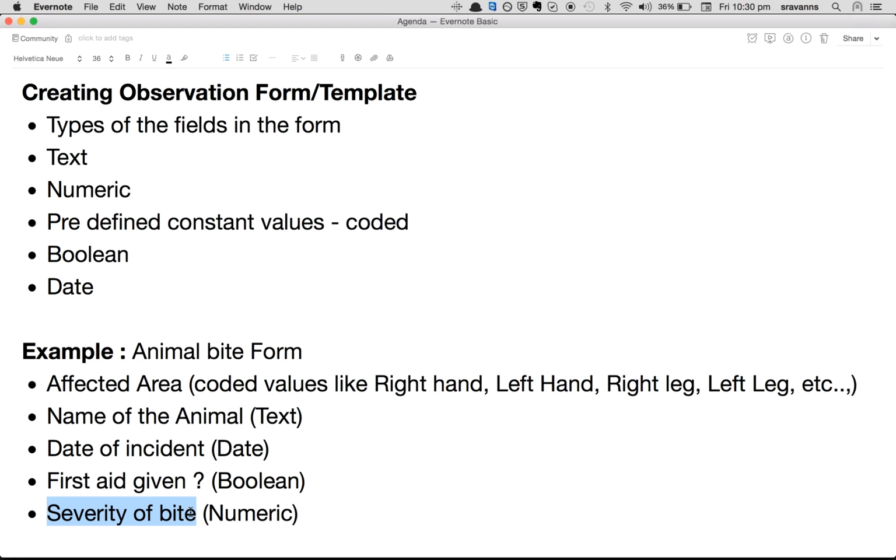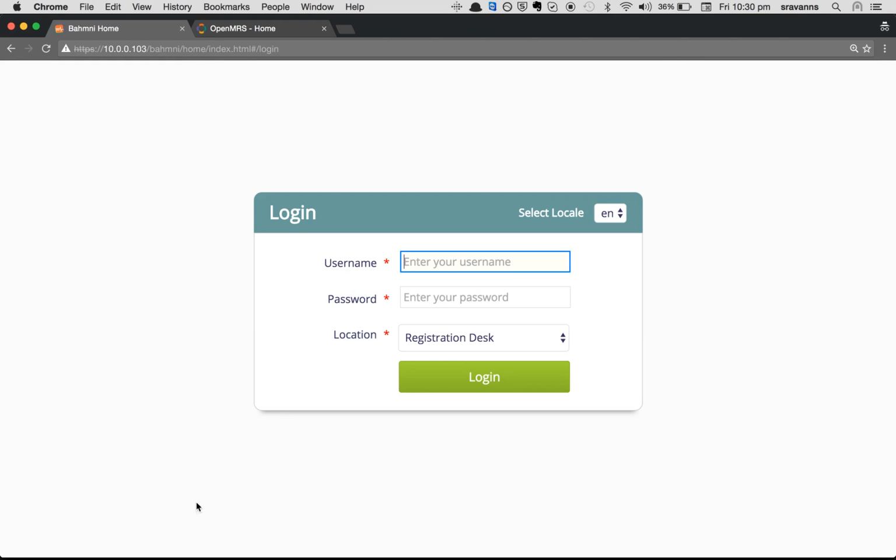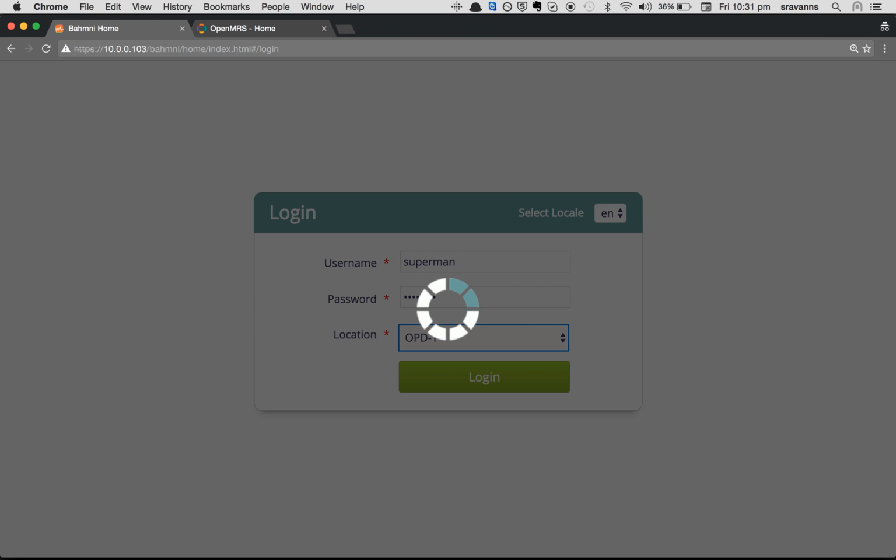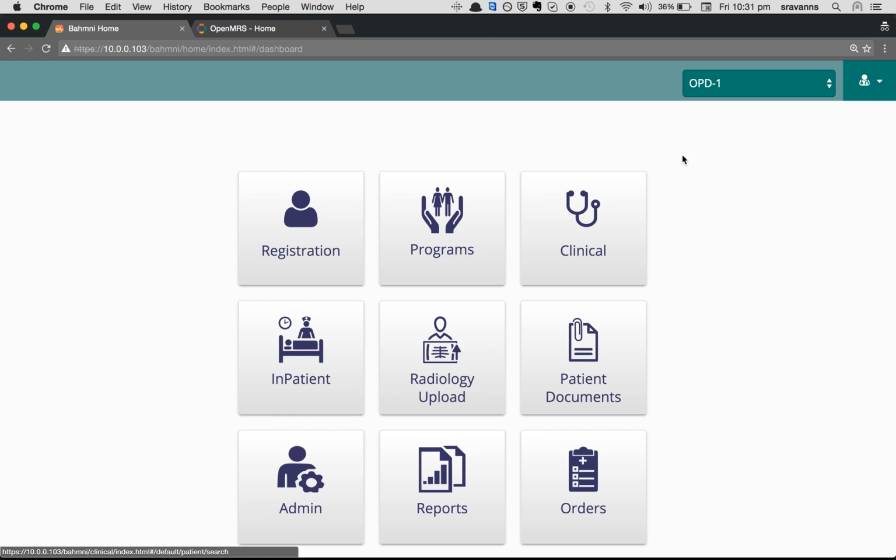Before that, let's see how a Bahmni observation form or template looks, and where you see that observation form. Log into Bahmni. It's always advisable to use Chrome. So this is my Chrome and Bahmni login page. Log into Bahmni with a username and password, and also choose the location and click on login. You see a list of apps here. Select the clinical app,